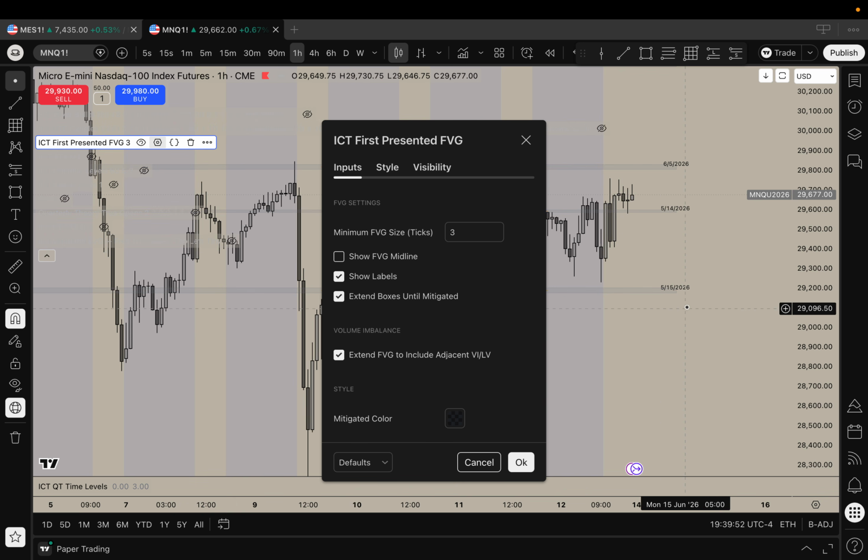Beyond that, you can get rid of the midline or not, and you can extend the boxes until mitigated, as